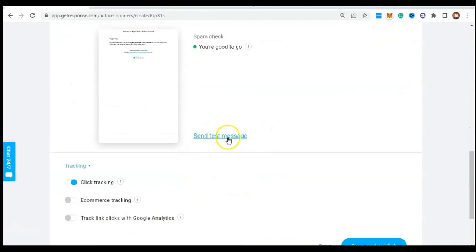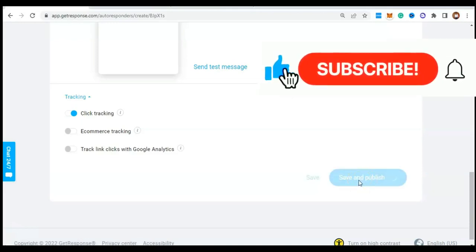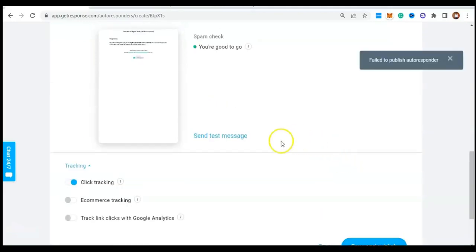You can send a test message to yourself to know if it really lands in the spam folder, the promotions tab, or if it lands in the inbox. So you can send a test message to yourself before you send and publish. Now we just have to click on save and publish, and we'll be doing that right now. So now that is how you send your